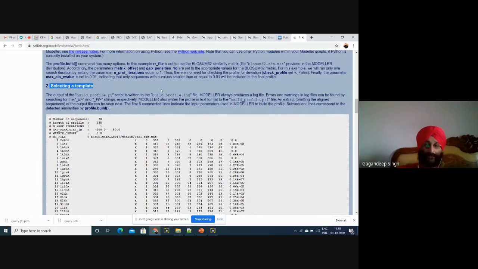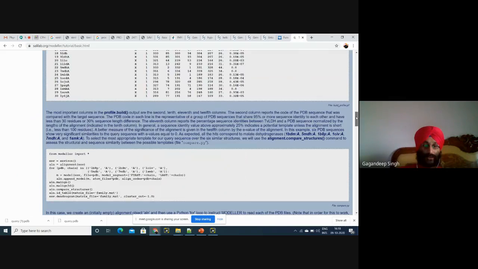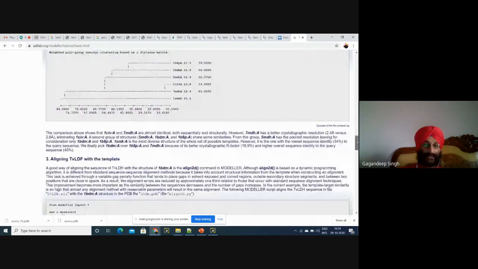We have used NCBI BLAST, but in this case we'll do some Python, and I'll show you the commands, because I don't know whether you are aware of Python or not. Then the third step is aligning your template.